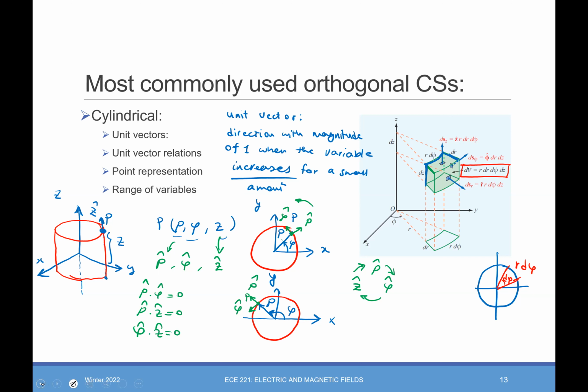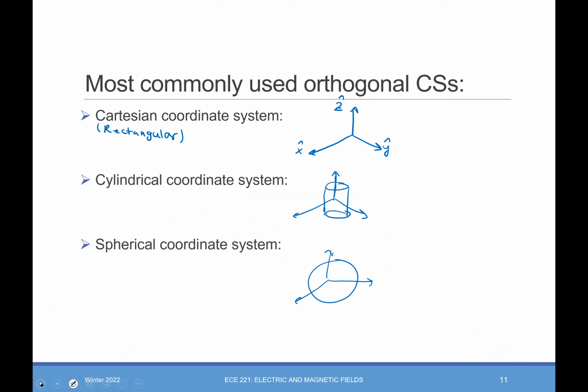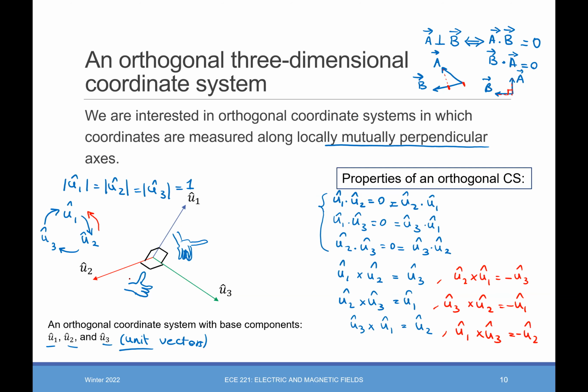For example, it can be, as we mentioned, u1 hat, u2 hat, u3 hat. You have to find an orthogonal coordinate system, and that would help you to solve the problem. So cylindrical, spherical, and rectangular coordinate systems are the most commonly used, and what you will solve the problems with in this course. But definitely, if you have a more complicated